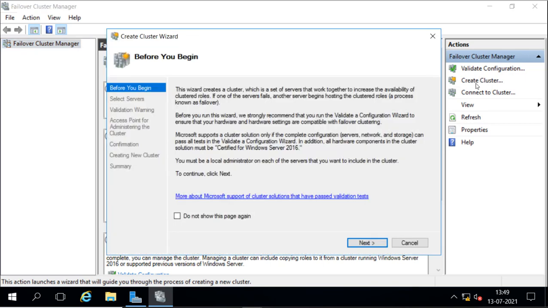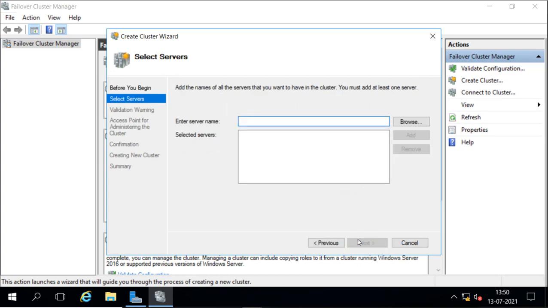So I want to create the cluster, so I will start creating from here. Create the cluster. Same, it is going to say what it needs. Then I'll go next. Now here we have to enter the name for our cluster. This will be the name for the cluster. So if you want to configure or access the cluster configuration, then you can access it from this cluster name.